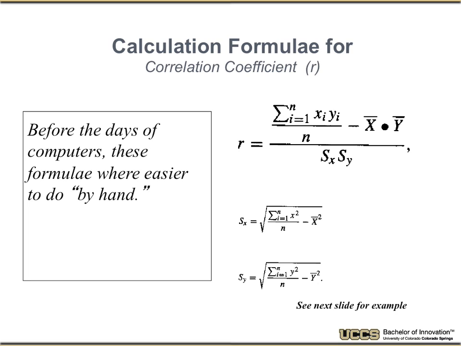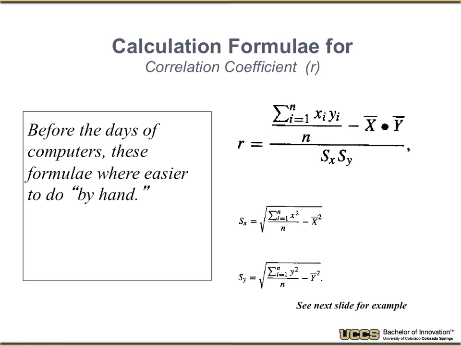So the formula for calculating it by hand, I don't expect you to ever do it. You would just use a tool that can compute it. But the reason to talk about it is the same reason we talked about it for the t-test. Here's our correlation coefficient. It's the sum of the products of xi and yi divided by n. So this is really the average of the products, hence the name Pearson product moment. It takes the product of each of the two variables, sums up all the products, and divides by n, so the average product, minus the product of the averages, divided by the standard deviation of x and the standard deviation of y.